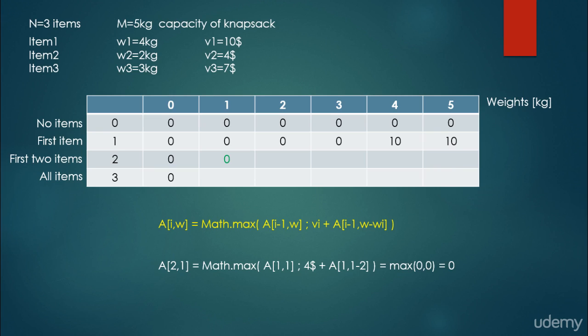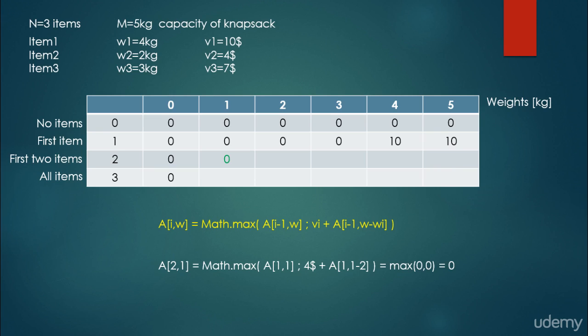In this situation our equation tells us that for A with row index 2 and column index 1, we have to consider the maximum of two integers: the A11, which we can look up in the table, row index 1 and column index 1, there's a 0. And the second is $4, because that's the value of the second item, plus A1, 1 minus 1,